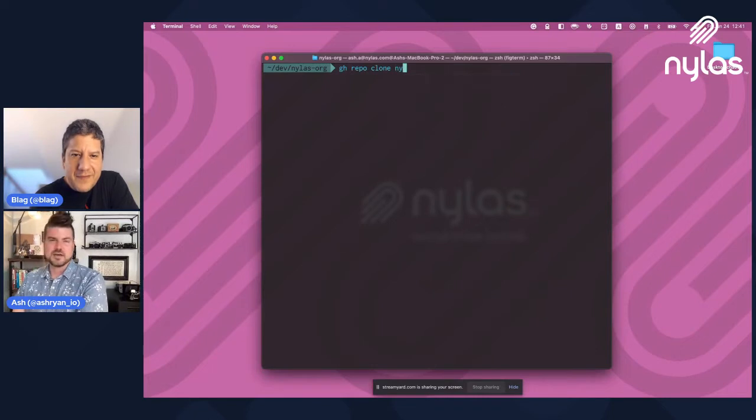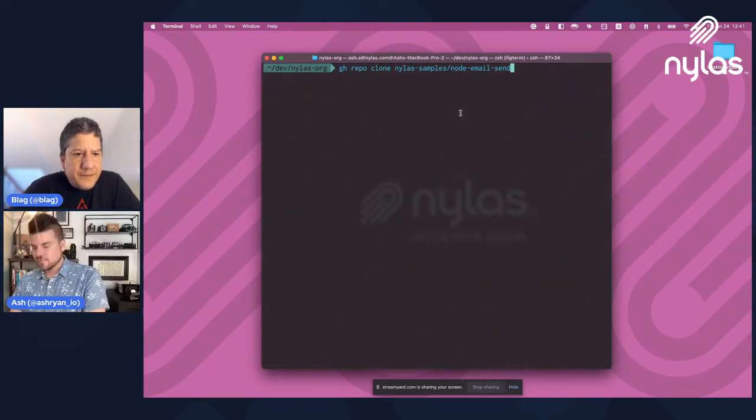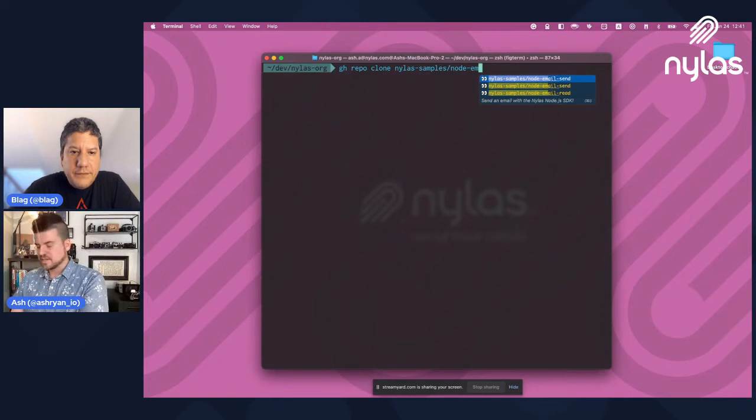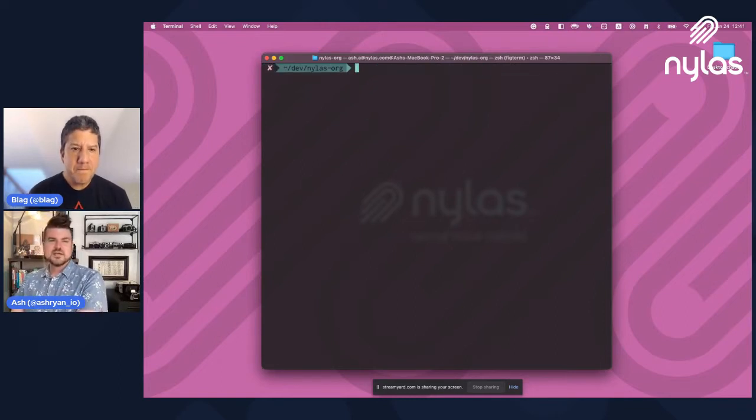So if I were to hit enter on this line, it would then clone the repo for me. One other cool thing that I wanted to show off, and this is just a general helpful tip if you're using the CLI, is